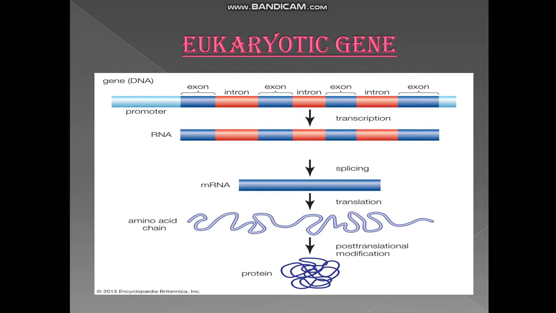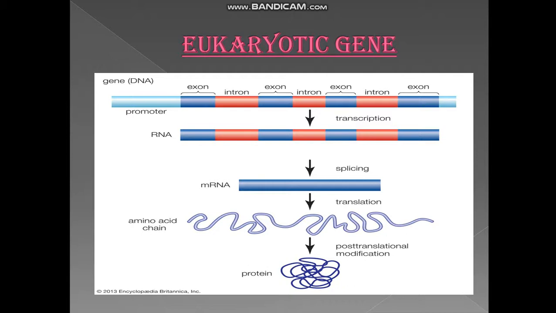And how are introns removed? I have already told you that the spliceosome is there. The process is called splicing, for cutting the non-coding sequences, introns, and then joining the coding sequences, which we call exons. So what is a gene now? A gene can be defined as a segment of DNA that carries the biochemical information for the formation of any protein or RNA molecule. The information is actually stored in the exons but not in the introns.